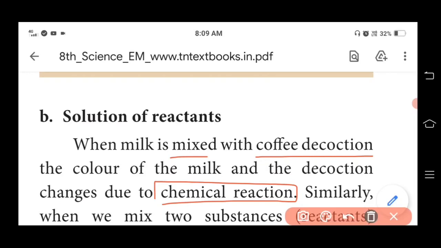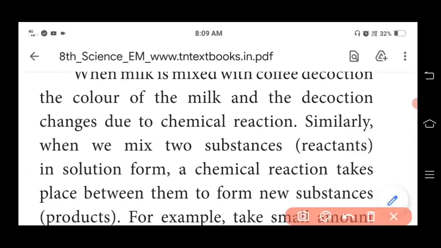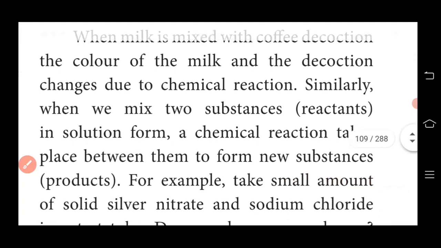That is due to a chemical reaction. Similarly, when we mix two substances, which are known as reactants, in solution form, so solution meaning water form, a chemical reaction takes place between them